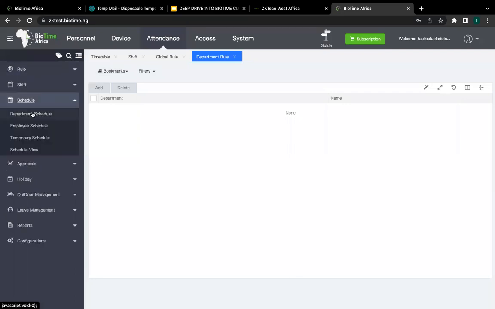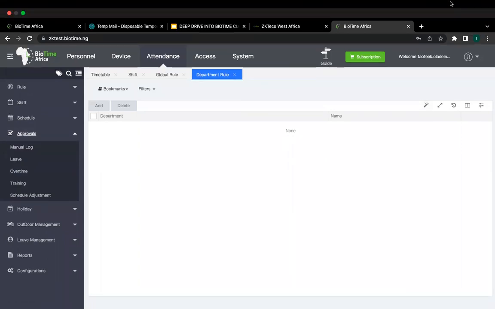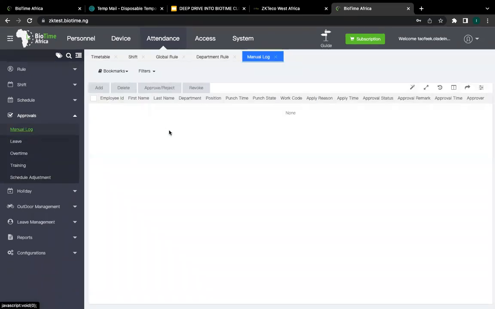So we have the schedule. This is where you run your schedule. We have the departmental schedule, the employee schedule, the temporary schedule, and the schedule view. We also have approvers. I'm going to be taking all these in the next class, but approval is meant for the employees' leave. Approval is done when an employee requests for an approval on their own